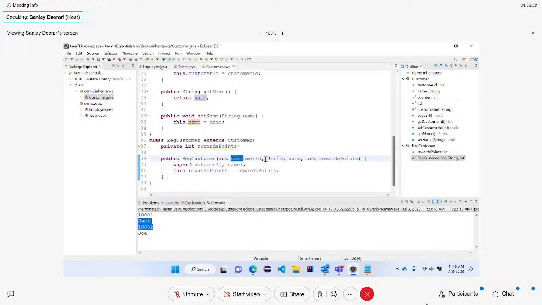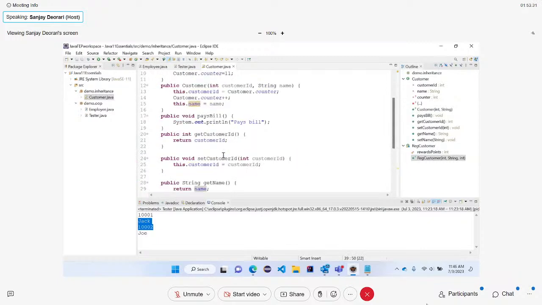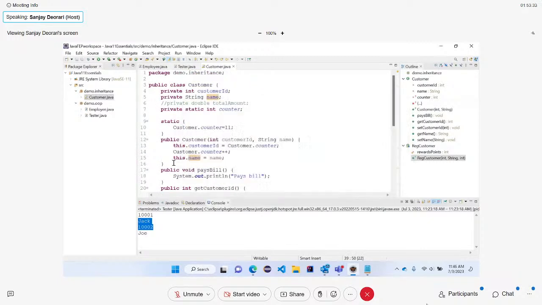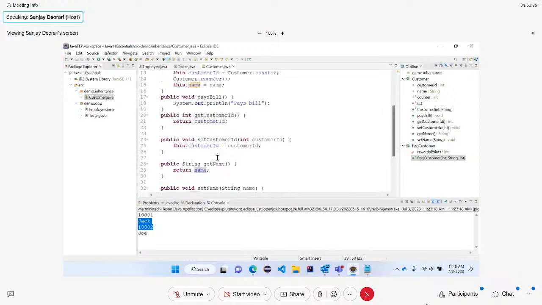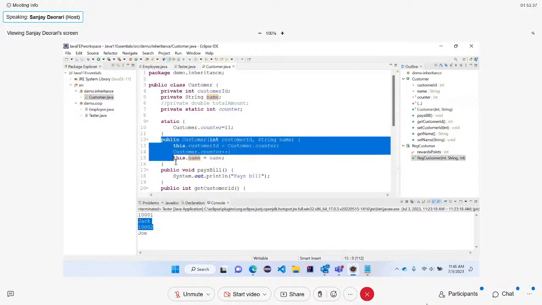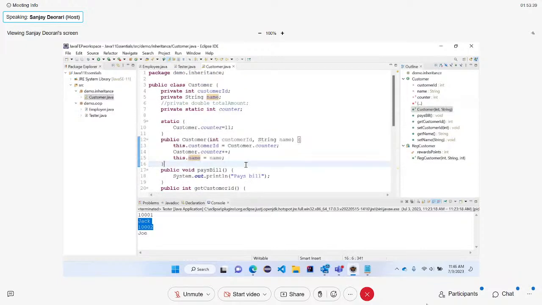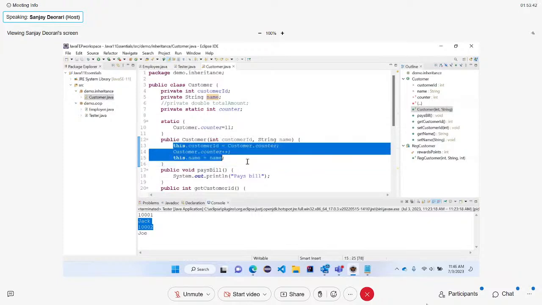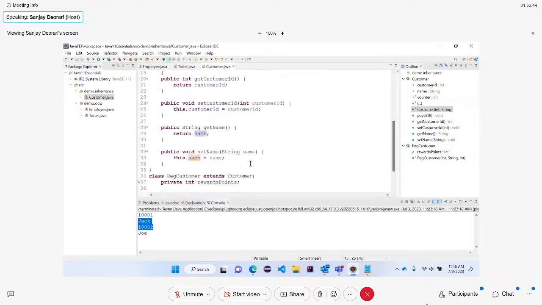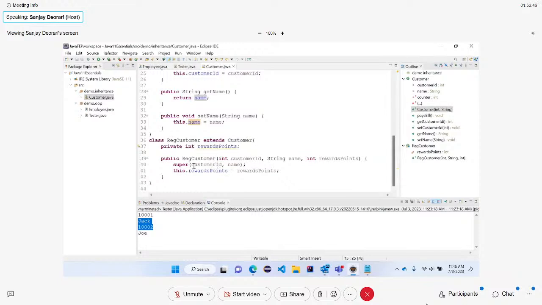So the attributes of parent class should be initialized only by the parent, not inside the child. Because we have a constructor in place of parent class where the initialization of all the attributes is done. So that's why we are passing these values to the parent class using a super call. So super is used specifically in inheritance. It's a call to the parent class,